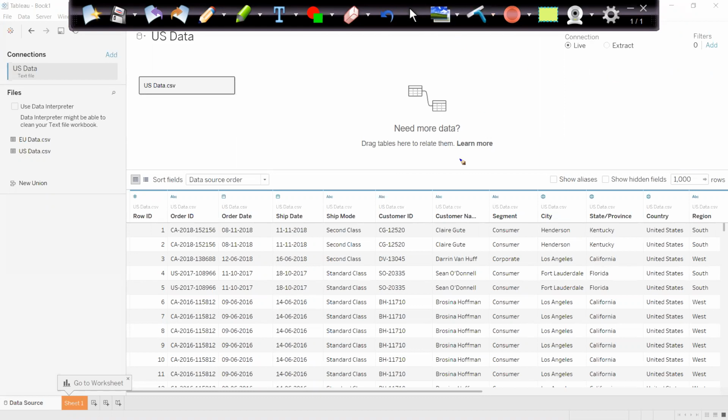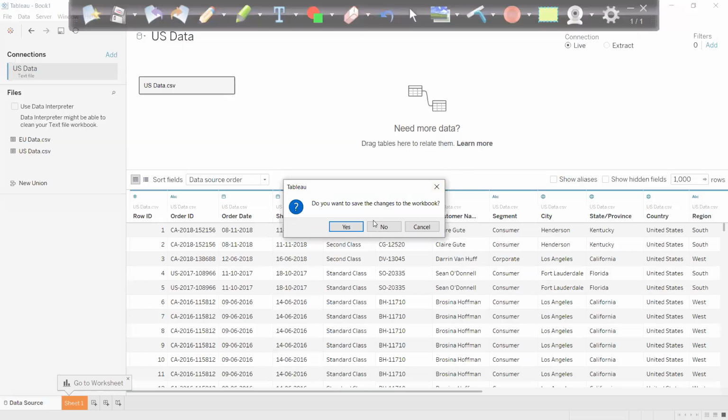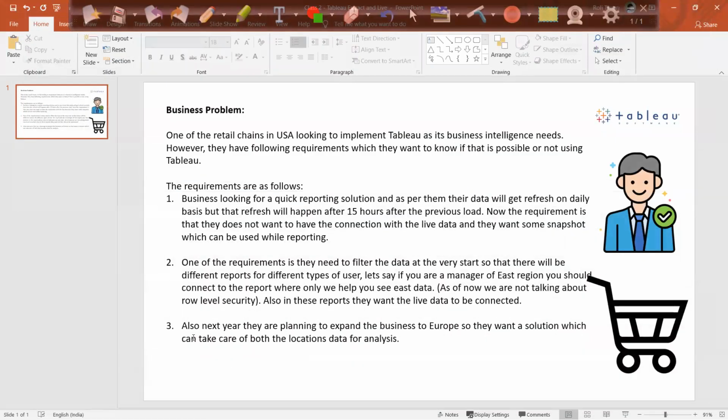Now the third requirement which they have is an interesting one. Let's see that. Also next year, they are planning to expand the business to Europe as well. So they want a solution which can take care of both the locations for data analysis.